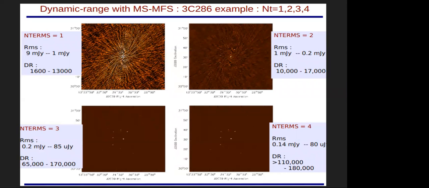So here is an example of a 1 gigahertz bandwidth, and this is the source 3C286, which is the flux calibrator for your case. If this source has been observed with a 1 gigahertz bandwidth, and you use nterms 1, that is, there is no correction for the multi-frequency wideband effect, you will see a structure like that. Basically, these are the artifacts.